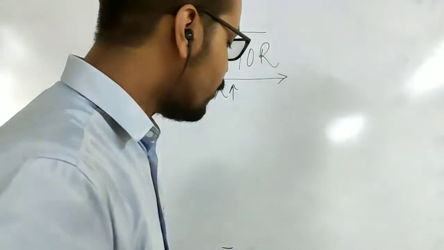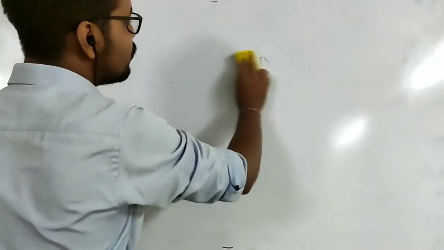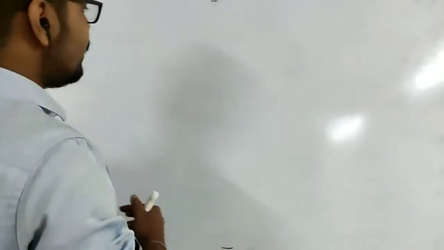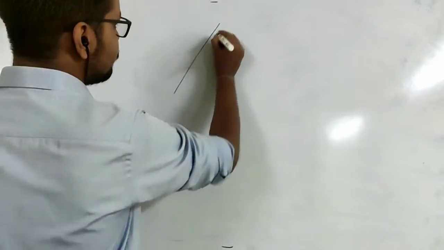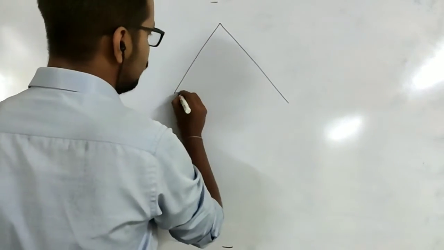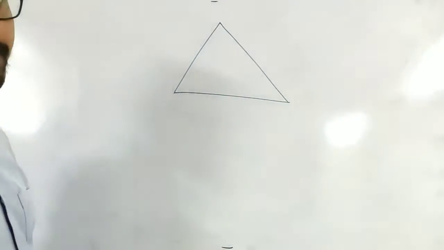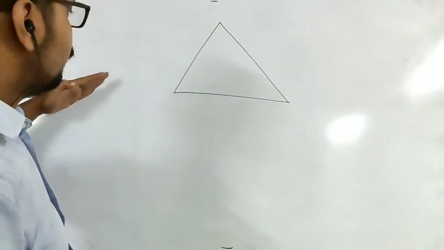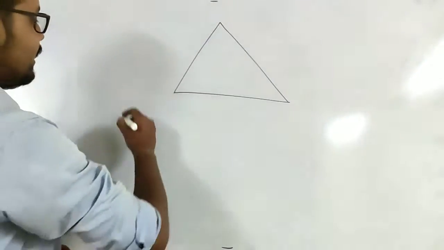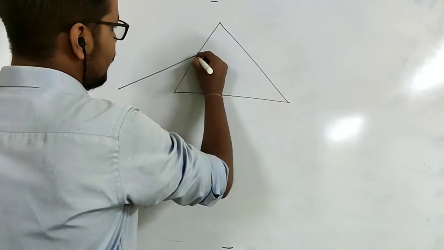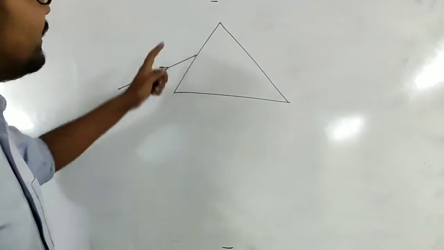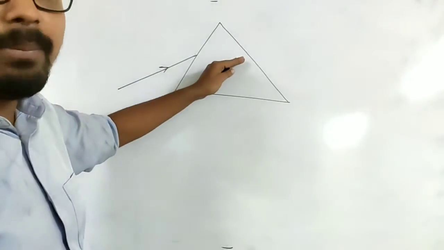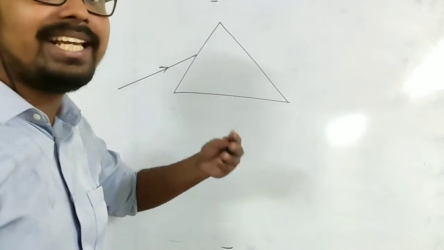Now let's see how light scatters in the case of a prism, or how a prism helps to scatter the light. What is the general structure of a prism? Always look through this rectangular face of the prism. If light enters through this rectangular face, suppose light enters in this direction, what happens when light enters? Since this is air or any other medium and this is glass, because of the change in the medium, light will change its direction.